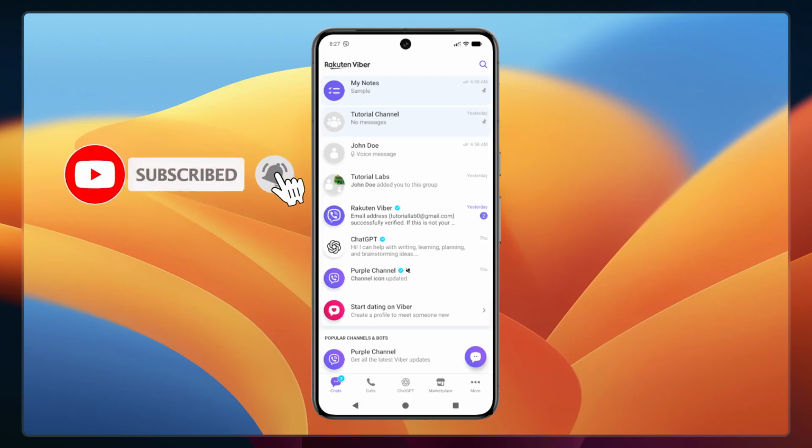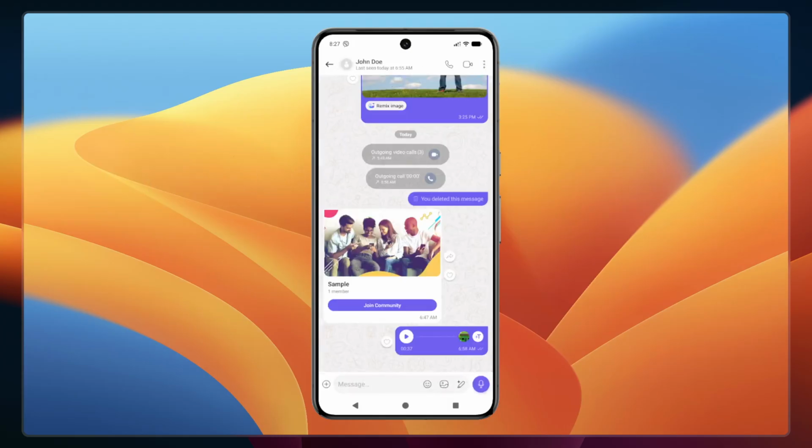First, you'll want to tap on the conversation with the person whose phone number you're looking for. This opens up your chat history with them and gives you access to all the conversation details and settings related